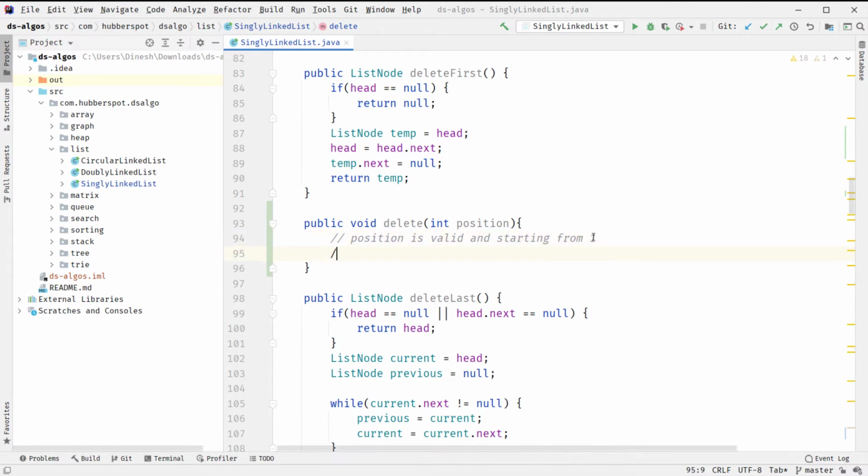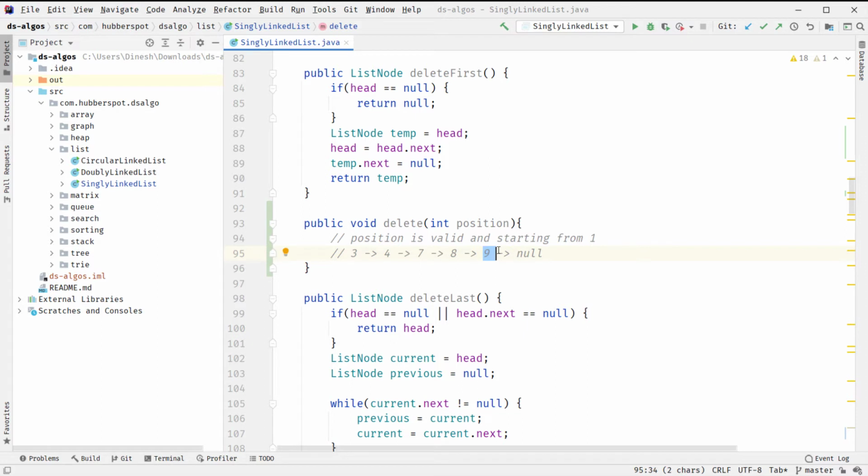So let's say for example our linked list has a few nodes such as 3, 4, 7, 8 and 9. You can see the linked list has 5 nodes. So 3 is at position 1, 4 at position 2, 7 at position 3, 8 at position 4